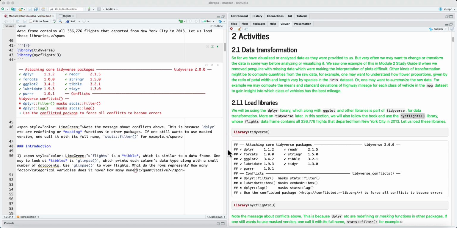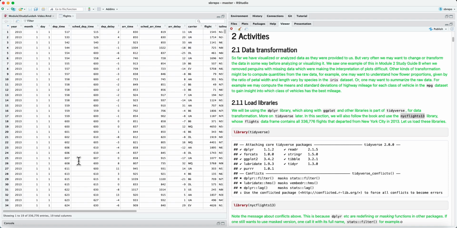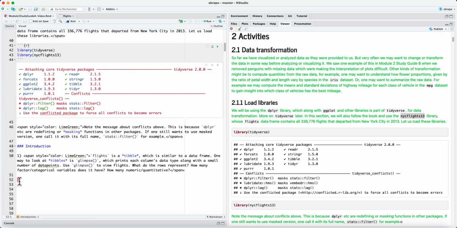The main thing that NYC Flights 13 provides is a data frame known as flights. Flights is actually a tibble, which is similar to a data frame, but it has additional features such as grouping. And we can always use the view function in the console to open up the dataset, and you can see even though it's a tibble, it looks just like a data frame that we are used to. There are rows and there are columns, but dplyr also provides an additional function known as glimpse,